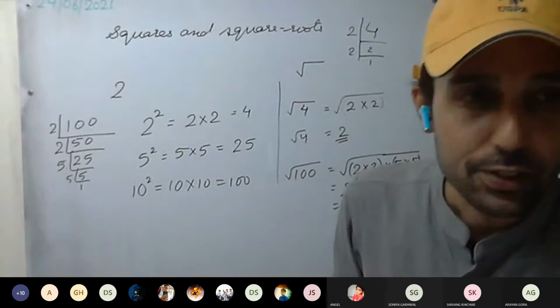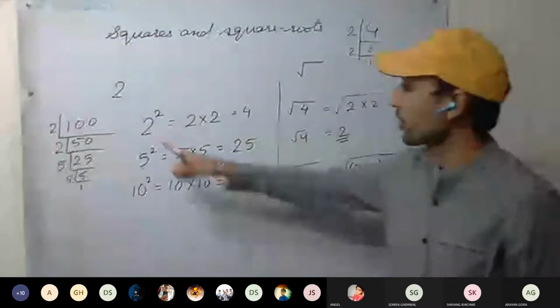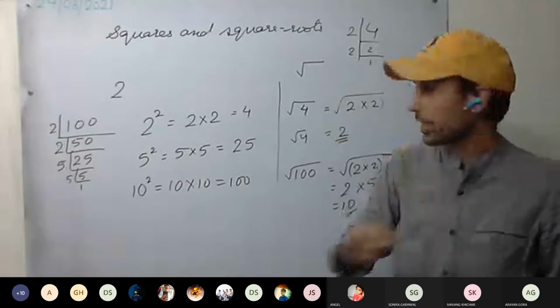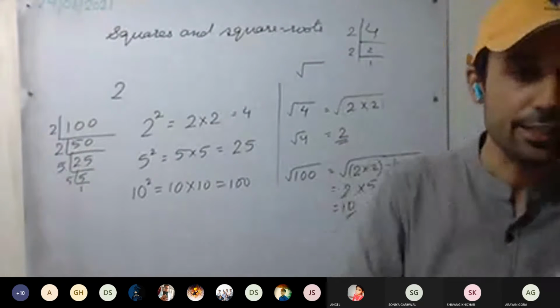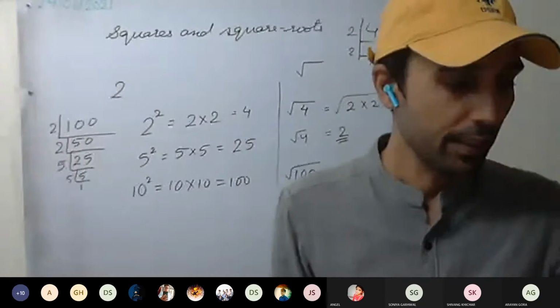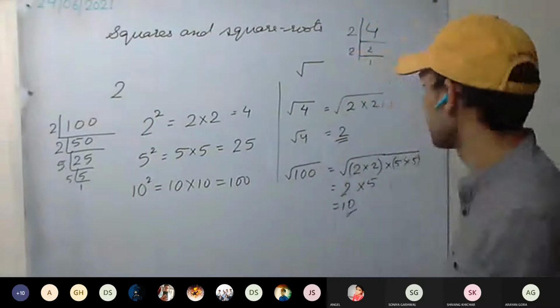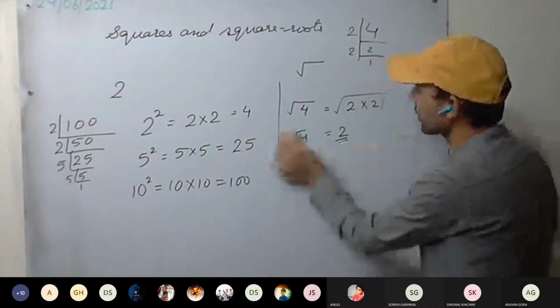Now there were two methods to calculate that: one was the prime factorization method, the other was the division method. Division method we will discuss in the 19th question. Prime factorization we may use in the 20th. Okay. There was one more thing.